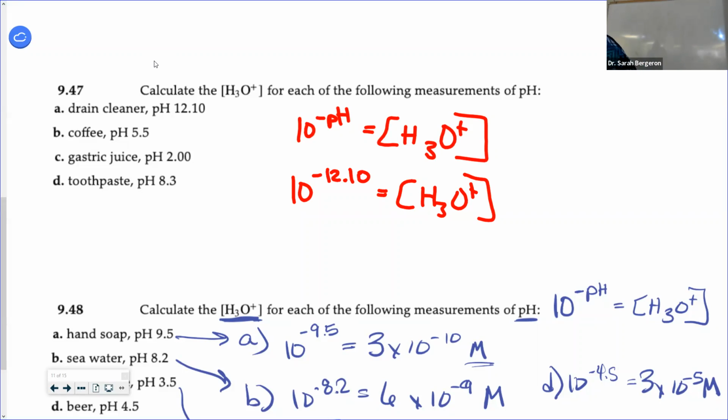Okay. All right. So now I'm going to do 10 to the. So you go second and you press that log button and it gives you 10 raised to the, and it opens parentheses. So now it is a negative 12.10, not a minus. So which one are we going to use? The white one or the blue one? The white one. Negative 12.10. Am I good? Close parentheses, hit enter.